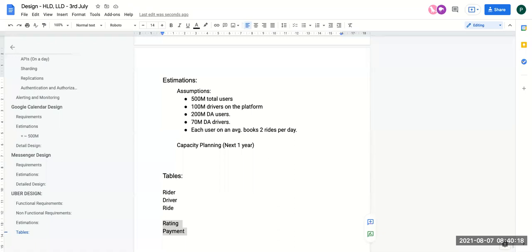I want all of you to work on it, figure out all the fields for it, assign how many bytes will be required to store one single row of data in these tables, and then let's do a capacity planning for the next 1 year. I'll give you exactly 5 minutes to complete all these things. Let's do it quickly. I want all of you to work on this. In the meantime, if anyone has any questions, please feel free to ask.